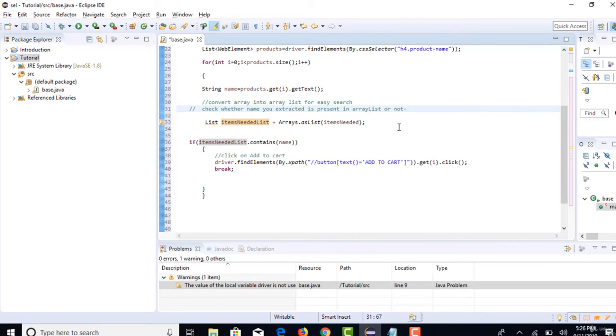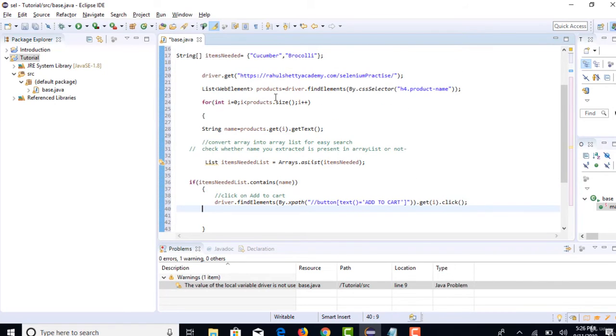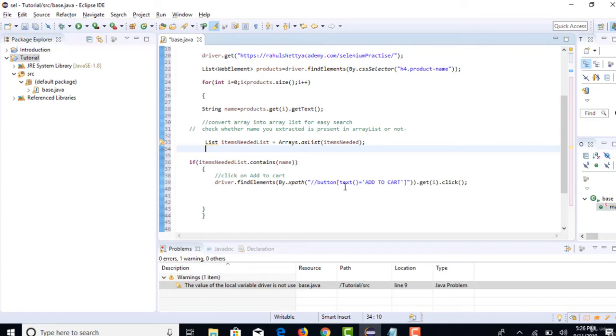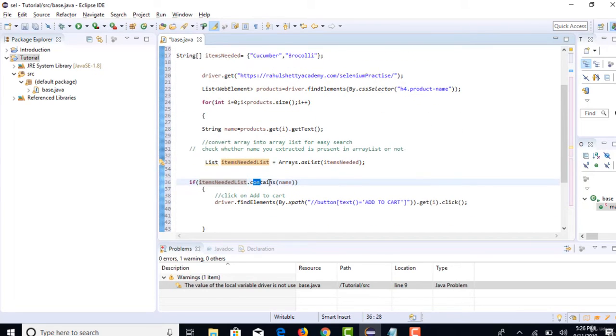Okay, but you have to remember one thing here. If you depend upon this array list concept, you cannot use break. Why? When you click on the broccoli first and when you say break, you will directly come out of this for block, right? So it will not have a chance to iterate. So you cannot use a break concept here when you are going with multiple values in the array. So that's the design issue here. So better you can directly leave it like this. And if you are going with only a single element, then you can just go and use the break statement.